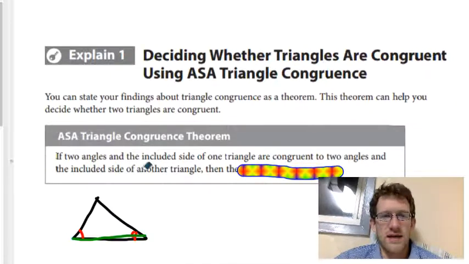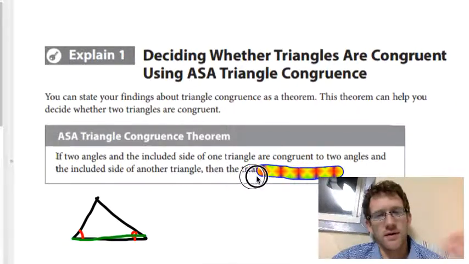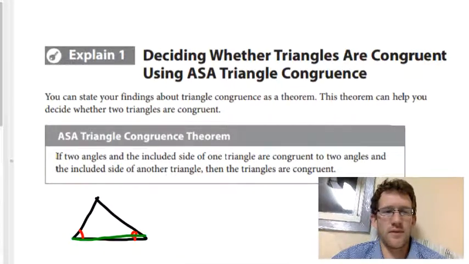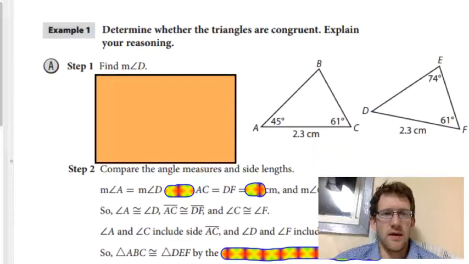If two angles and the included side of one triangle are congruent to two angles and the included side of another triangle, then the triangles are congruent. Remember, this is our shortcut to proving that the two triangles are congruent. We'll do some examples. Here's